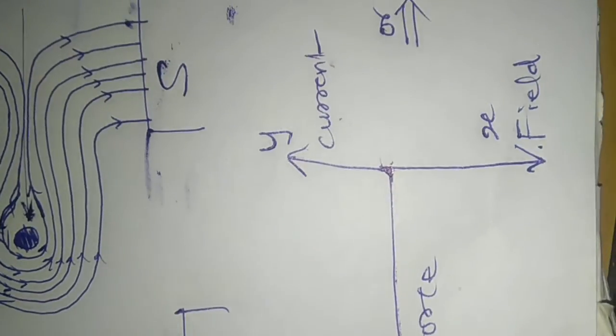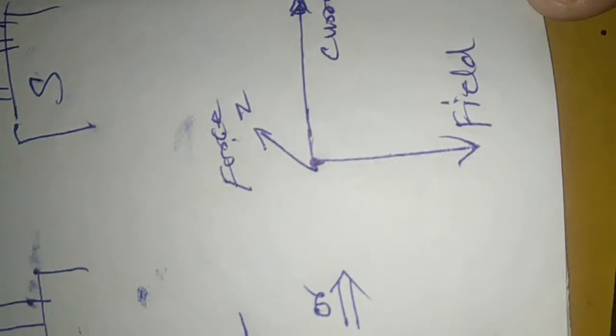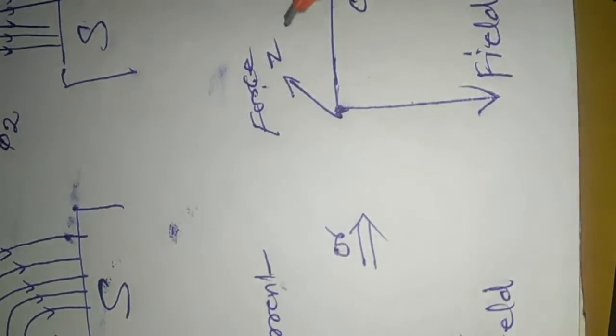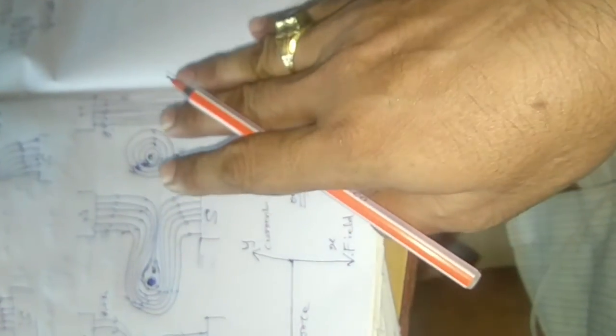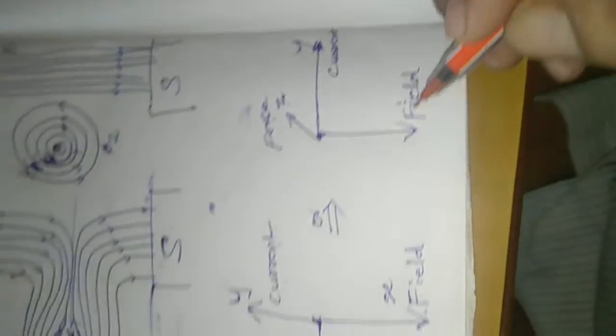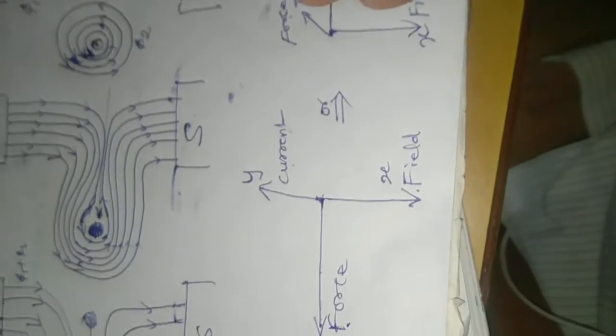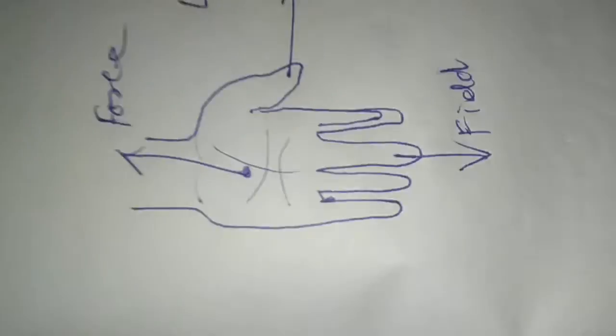So by changing this the other way, we can see the Z has been taken in this direction, meaning only the coordinates have moved like this. So the Y will be here, and X will be here, and the Z will be upwards. So the overall representation of this generating mode can be like this. So this is given by this hand rule.